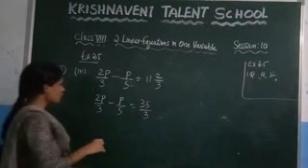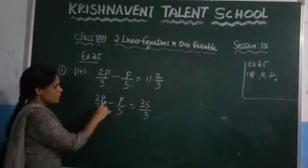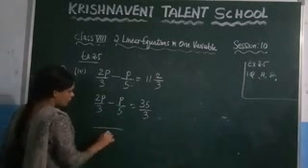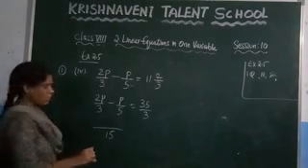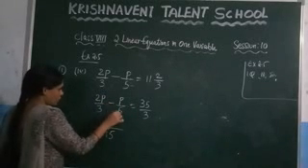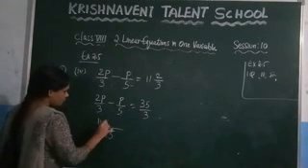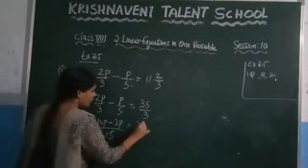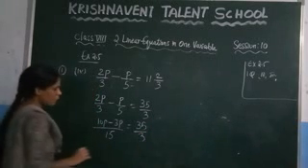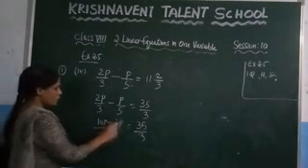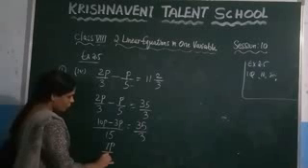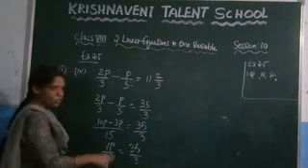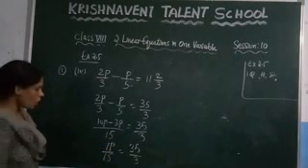Now here you can observe that in these two fractions there are variables. So take the LCM. What is the LCM of 3 and 5? Which is 15. Now just cross multiply it. What you get? 5 into 2p, which is 10p, minus 3 into p, which is 3p, is equal to 35 by 3. Here, what is the value of 10p minus 3p, which is 7p by 15, is equal to 35 by 3. Here, we got two fractions that are equal. So, how do you solve?